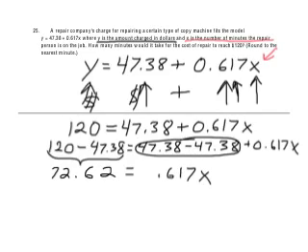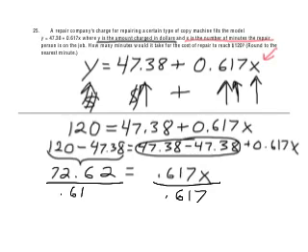Alright, so I want to get my x alone. I just do the same thing we've been doing. Even though it's a weird decimal, we're going to use it. Divide by that. Divide by the same thing. Or you can think of it as multiplying it by the reciprocal of 0.617, which would be 1 over 0.617. And we'll do the same thing to both sides, of course. Always do the same thing to both sides. Don't use some kind of special trick you think you remember from high school. Okay, so these two cancel out, and we get x equals,